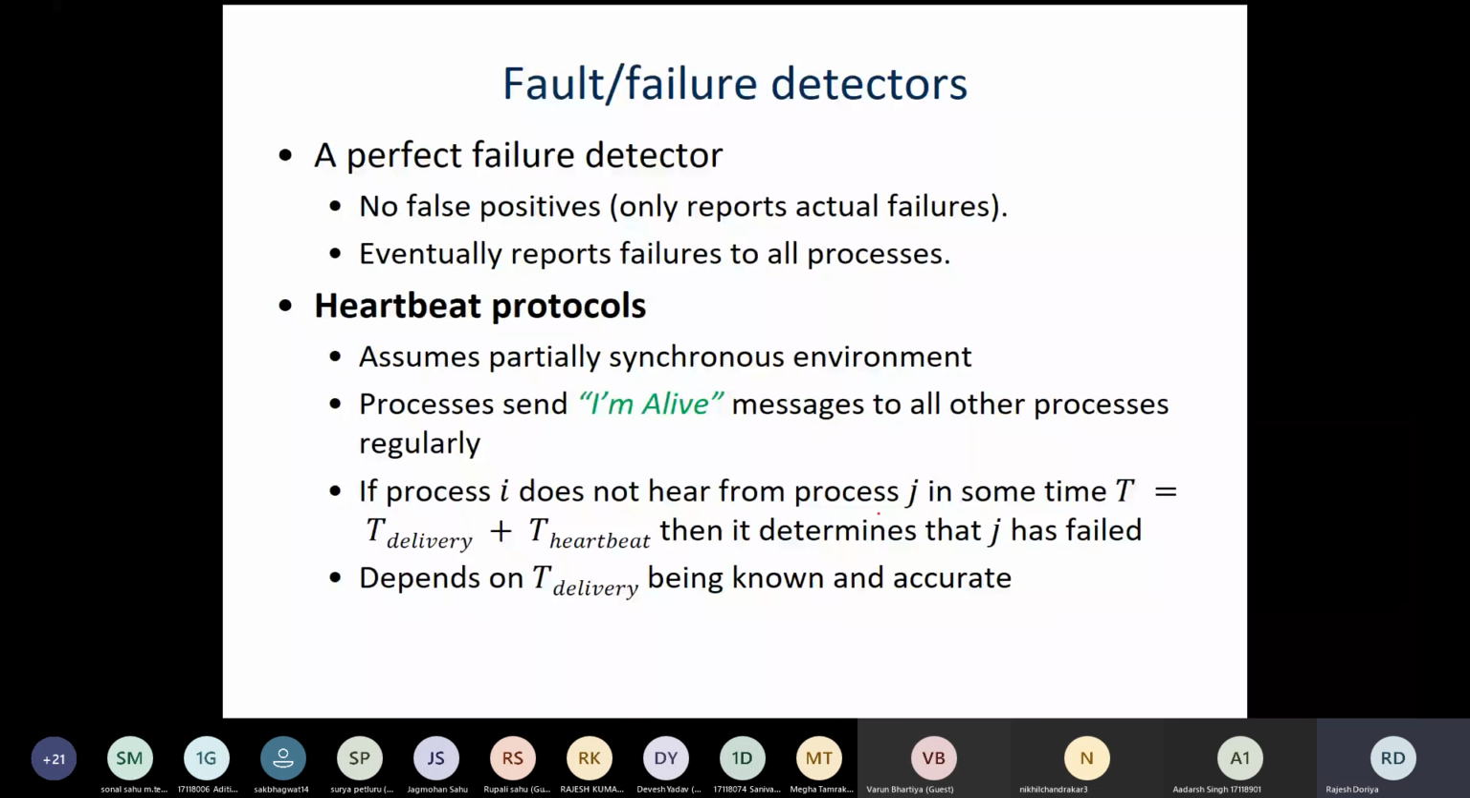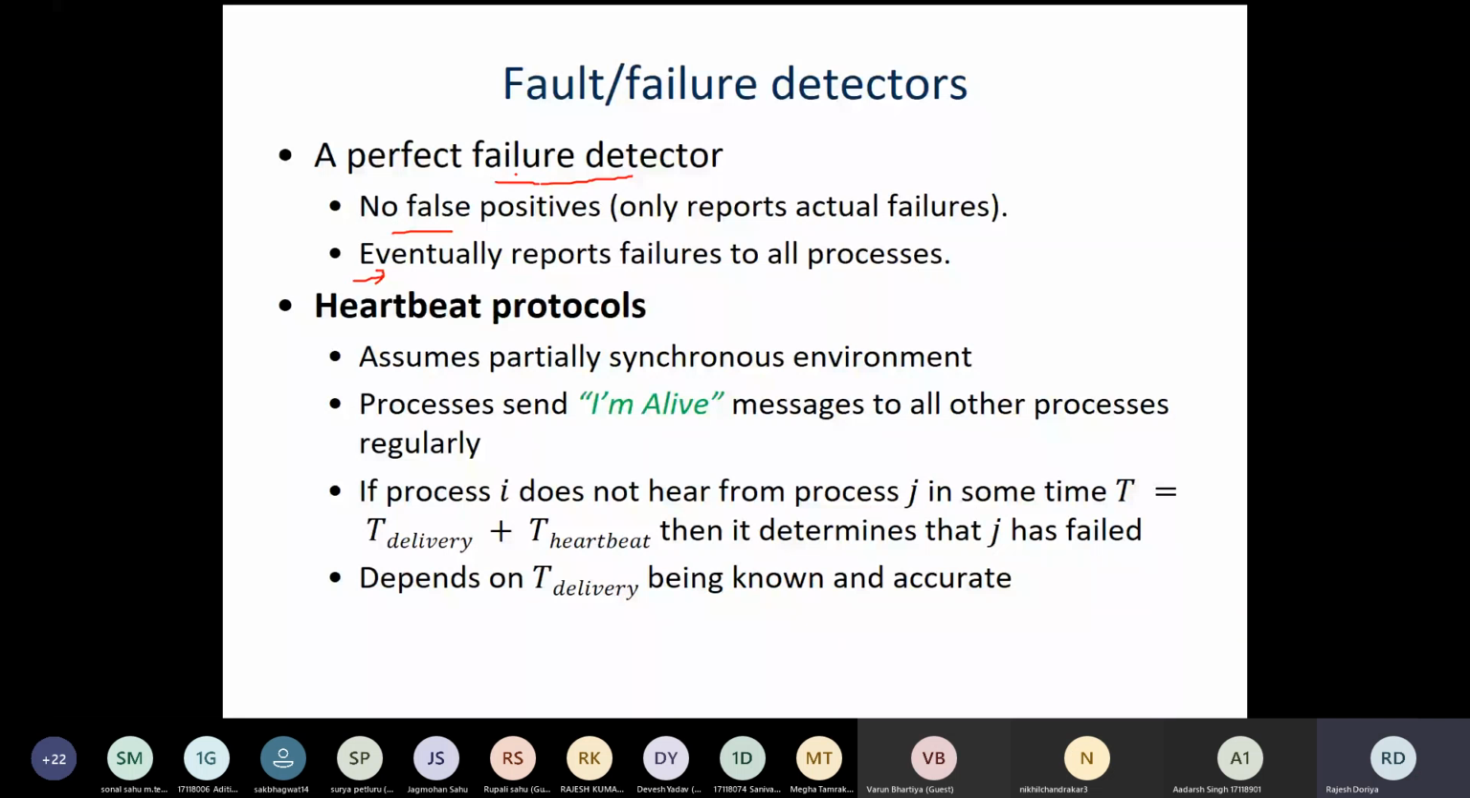Then the failures can be detected by a few methods. So we are going to discuss one of the methods. In order to detect a failure, we can use some failure detector. So when can we say that a failure detector is a perfect one? We can say that a failure detector is a perfect one when it is producing no false positives, and whenever there is a failure, it is eventually reporting those failures. If these two things are there, then we can say that it is a type of a perfect failure